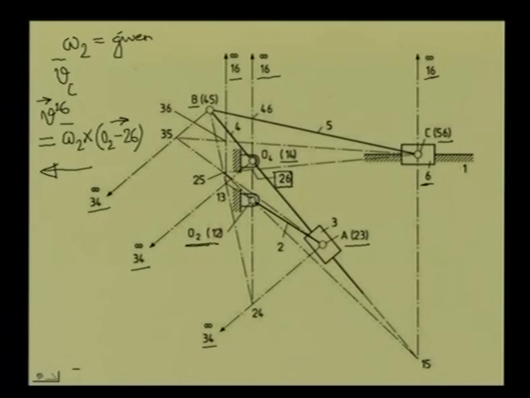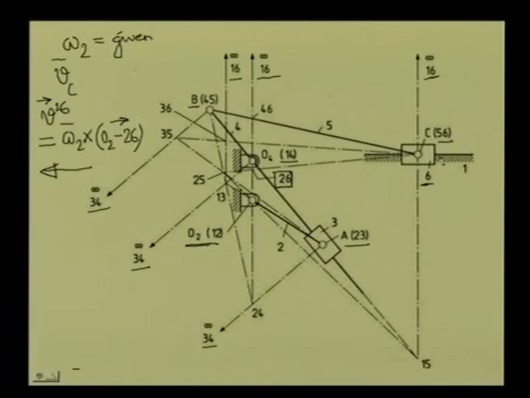Now, let me consider the point 2 6 as a point on link 6, and it must have the same velocity, and link 6 is a slider. That means it is in pure translation, which means all points on link 6 must have the same velocity. So, V6, the velocity of body 6, is the same as V26, because all points on link 6 have the same velocity. So, immediately you get the output velocity V6.